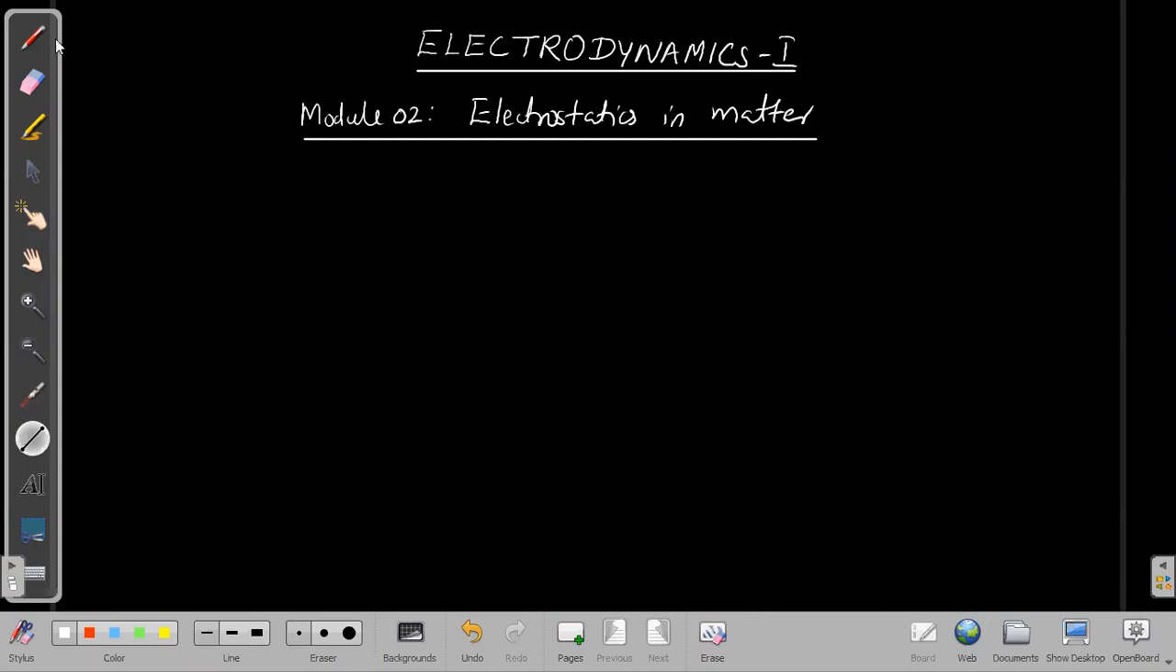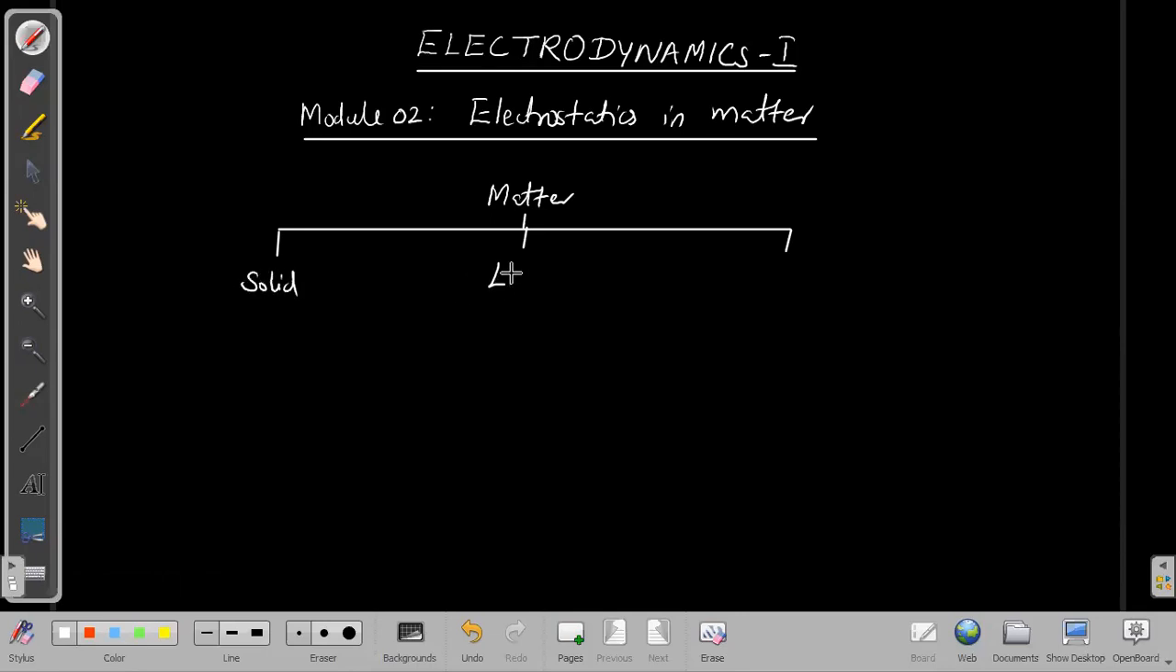electric field in matter? Now if you look at the matter, we can classify matter in different ways. So one of the main classifications of matter depends upon its state. So it is categorized into three: solid, liquid, and gas. Now, the discussion of the static electric field on liquid and gas would be slightly difficult because